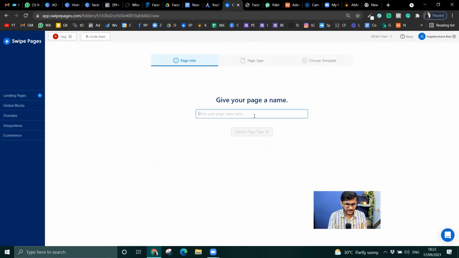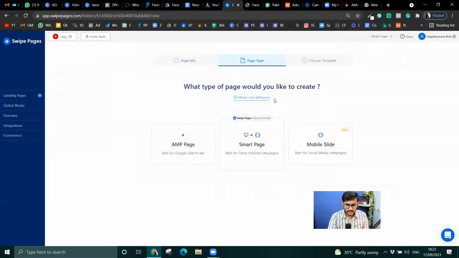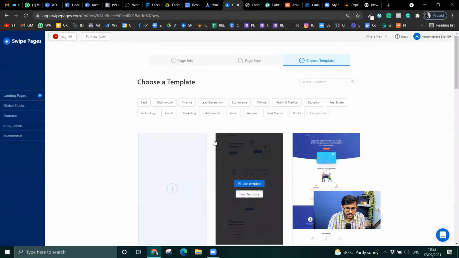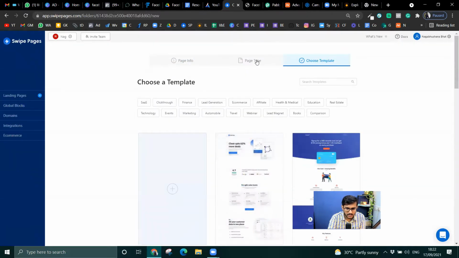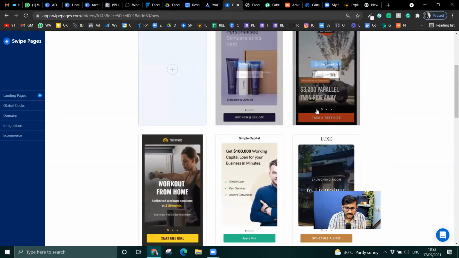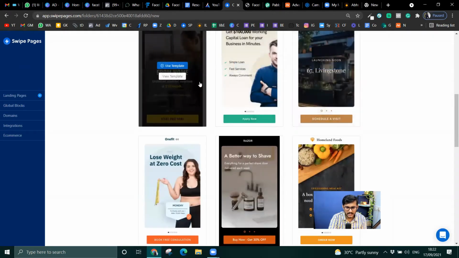Let me name it Facebook fundamentals workshop, and I would go for a simple mobile slider. I'll just select the page type, a mobile slider, so that it's a new one, still under test.